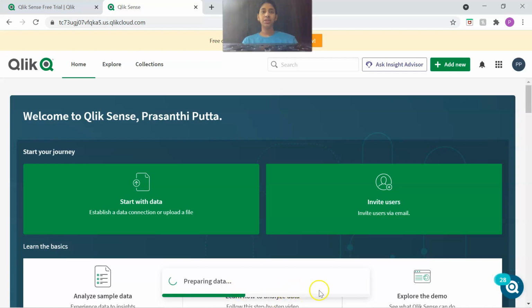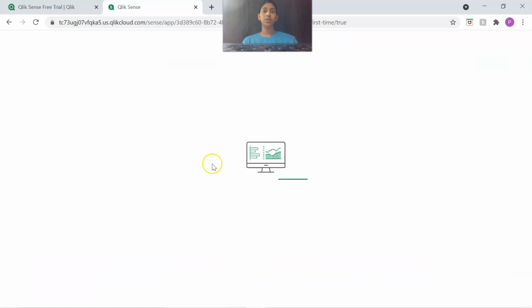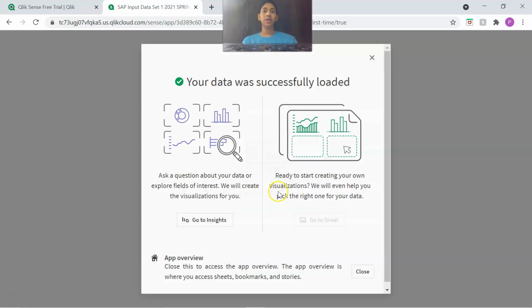It's preparing data. So this is successfully created. So you can see opening the app overview.